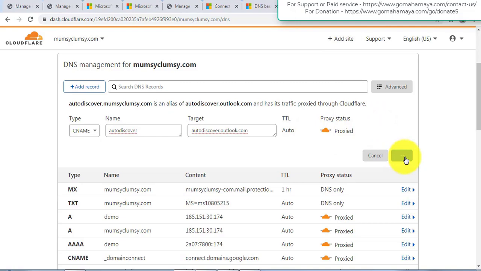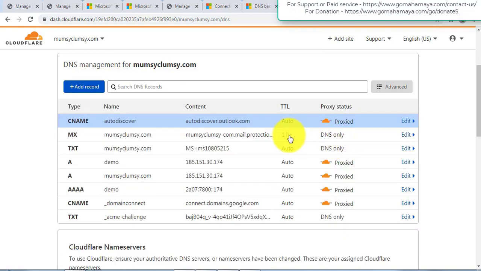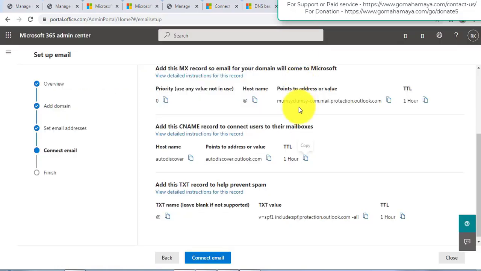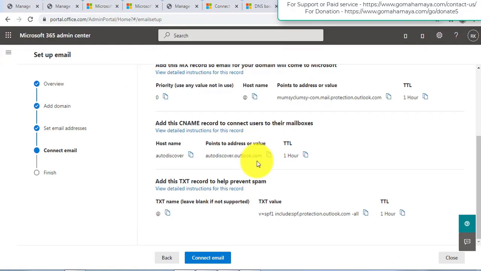I'll keep it safe. I guess Cloudflare does its work perfectly, so you can keep auto for this one also. For MX record also, I guess, but as they have told you, you should be doing that.